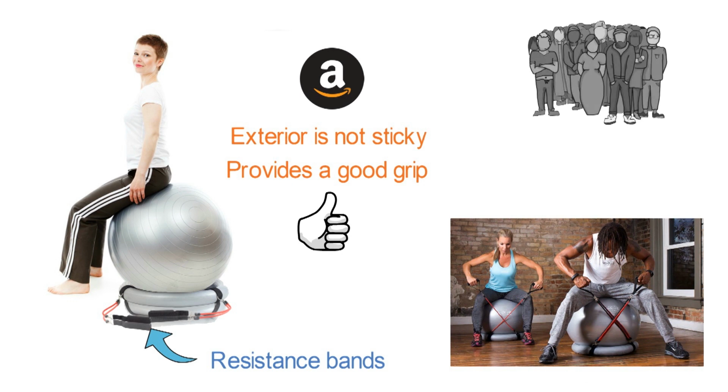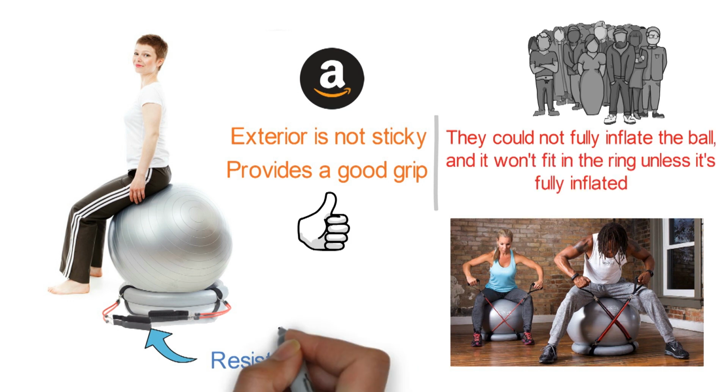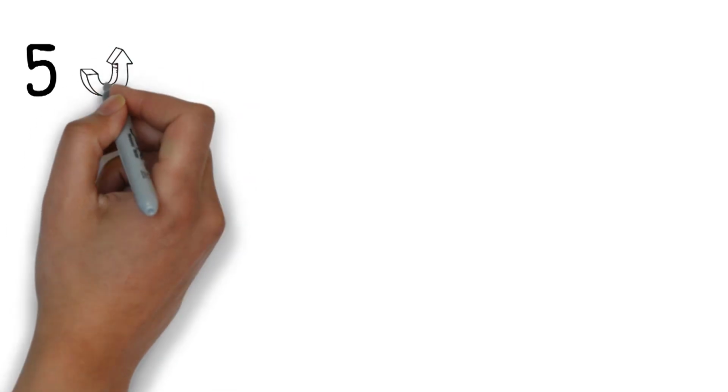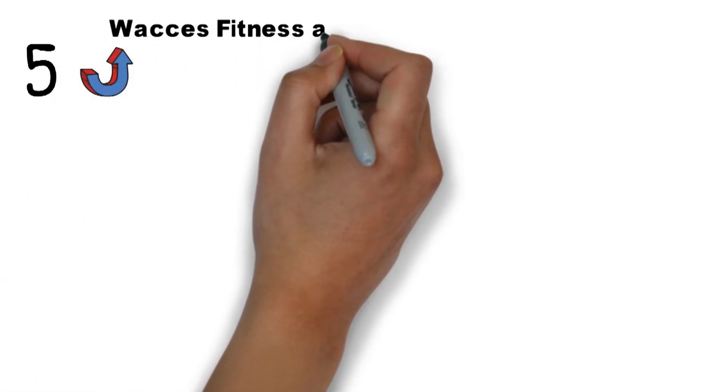However, several Amazon reviewers say they could not fully inflate the ball, and it won't fit in the ring unless it's fully inflated. This exercise ball comes in just one size, with a 65cm diameter, and it's only available in gray. And for our last pick, we have the best budget exercise ball, which goes to the Wacces Fitness and